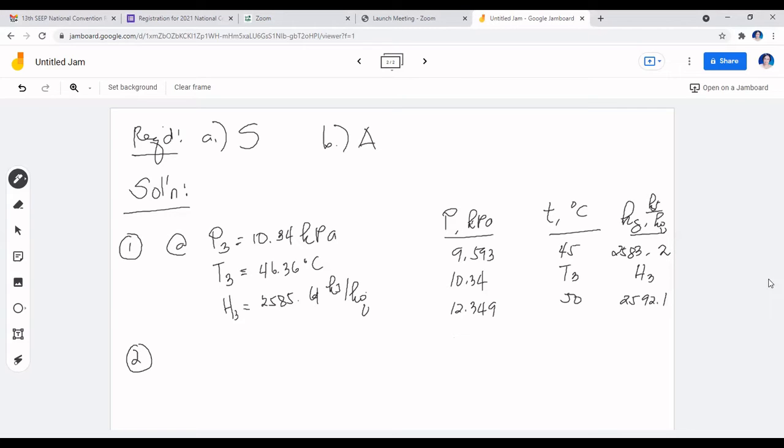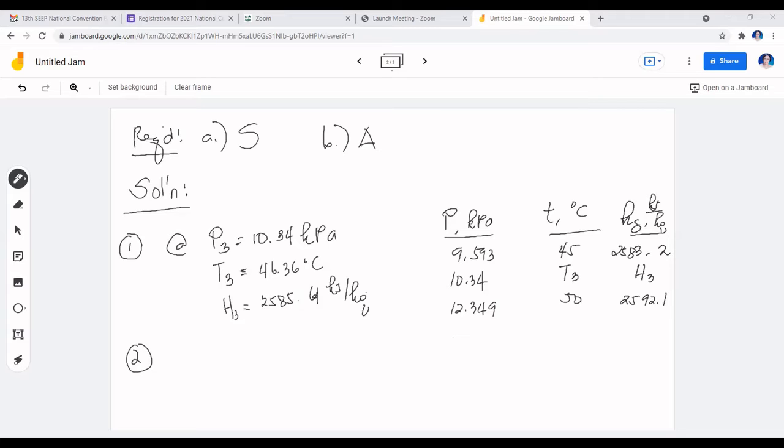So your second step is that you are to do overall material balance. Okay, what's the goal of the overall material balance? The goal is to get the total amount of water evaporated. You get the total water evaporated, then that's the vapor, and the only way to do that is to do overall material balance. Okay, so that is our step 2.